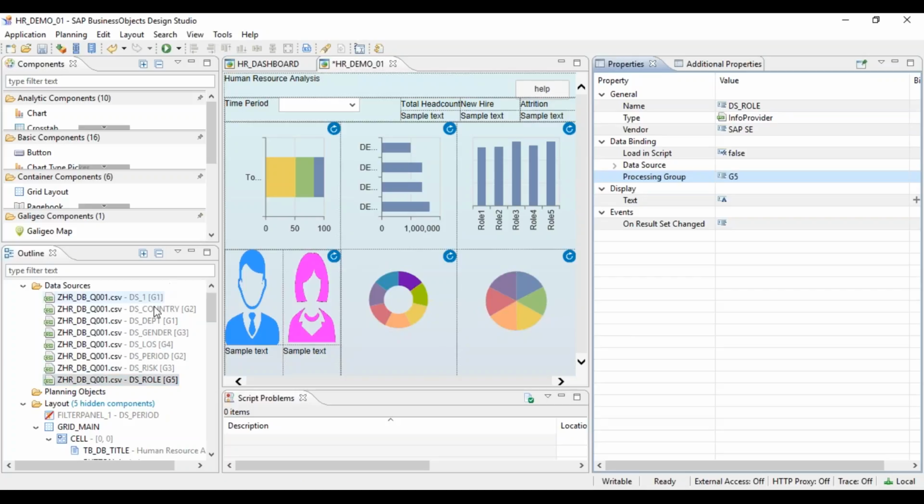But why can't we have more processing groups? We can have 8 processing groups and run them in parallel, so it will be faster again. But if we are running them in parallel, they will consume resources also. For example, you have deployed on BI platform mode, so you have a BO server in place. The BO server has some RAM, and it will consume the RAM of the BO server for processing. If you create too many processing groups, it will consume more RAM on the BO server. So according to your hardware, you can decide how many processing groups you can create. You should not create too many processing groups. Based on your requirement, you can create 2 to 5 processing groups.